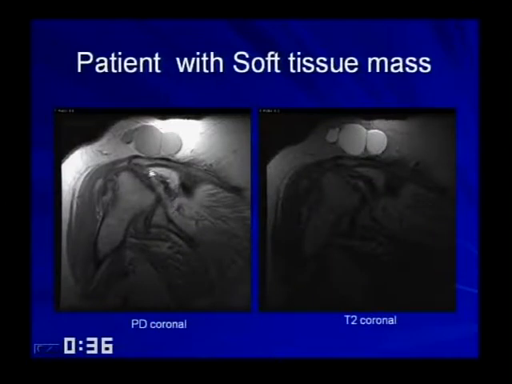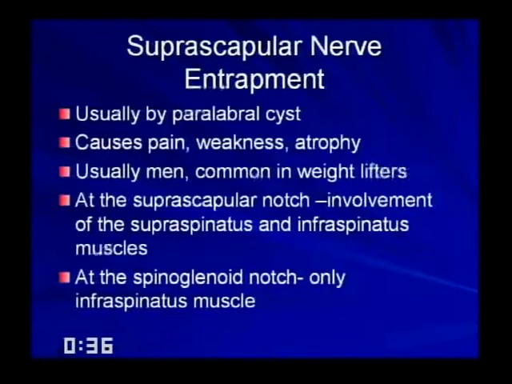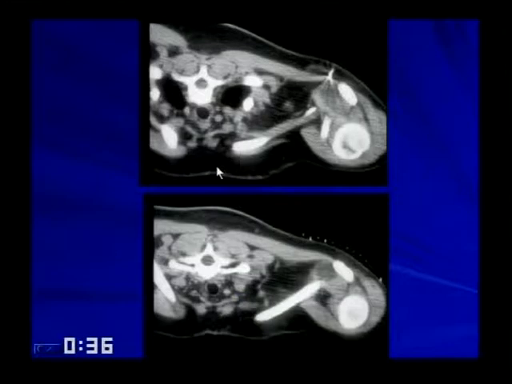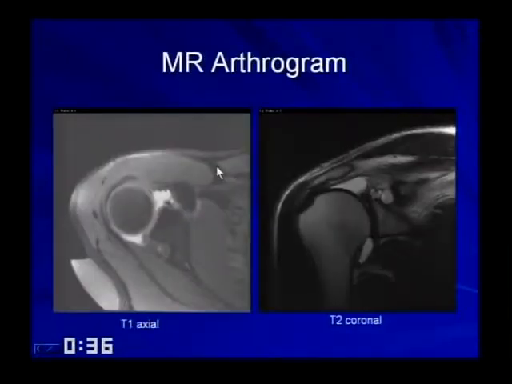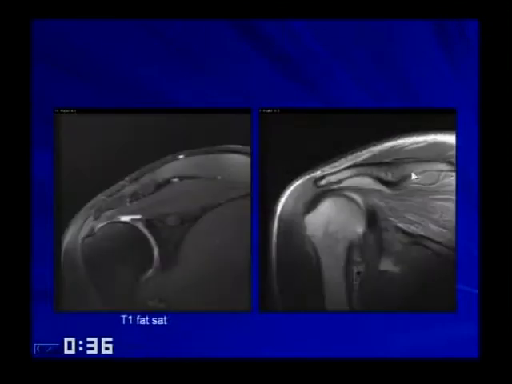And here's another patient that presented with a soft tissue mass. Suprascapular nerve entrapment. Like I said, look at the spinoglenoid notch. These patients get big ganglion cysts that are thought to arise from labral tears. Here's one that we aspirated. And they can end up with atrophy of the supraspinatus and infraspinatus, depending on where it is. Here's a lot of atrophy in that patient.